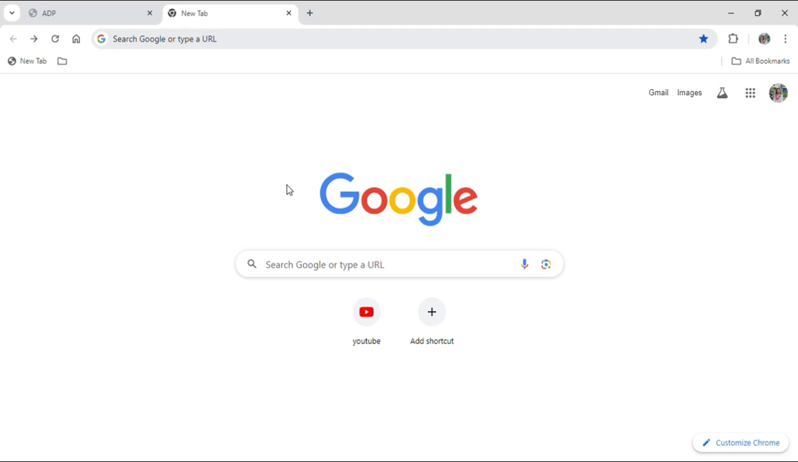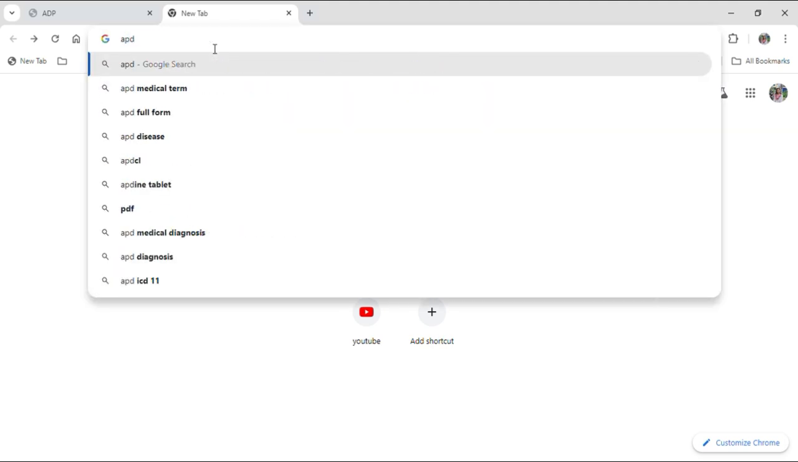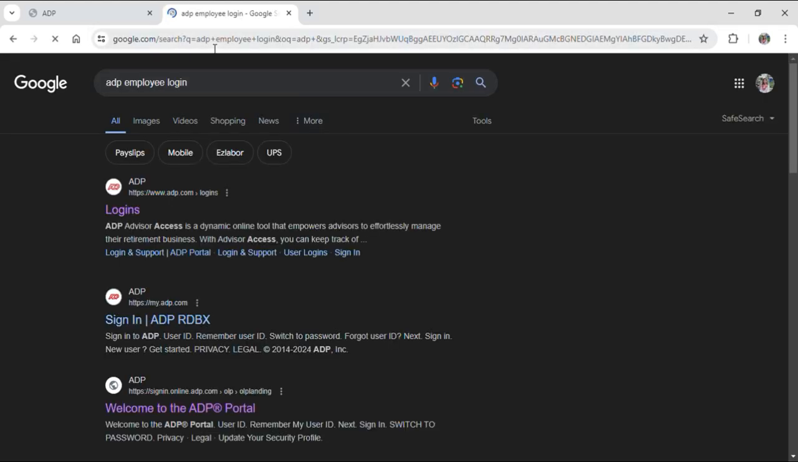First of all, open up your Google browser and then go onto your search bar and just type for ADP Employee Login and hit on enter. After you do so, many results will be on your screen. Click on the first link or the link that says logins, and this will take you to the official website